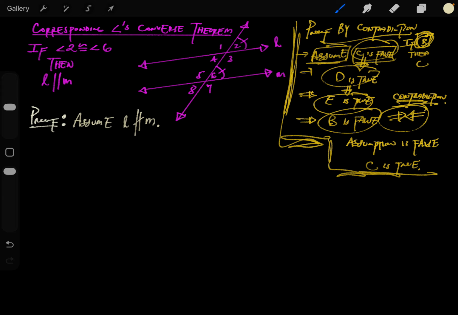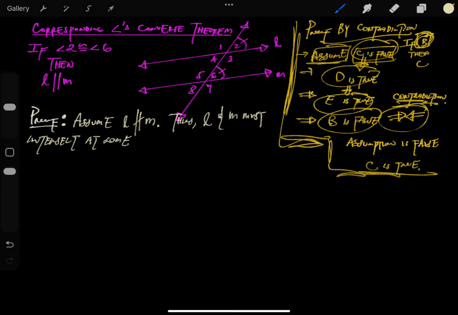So L not being parallel to M means that they do intersect. Thus, L and M must intersect at some point